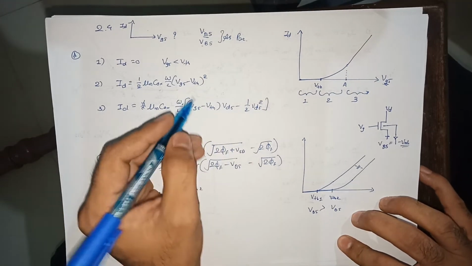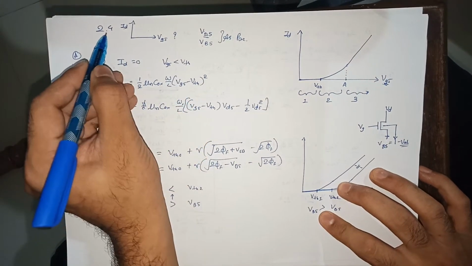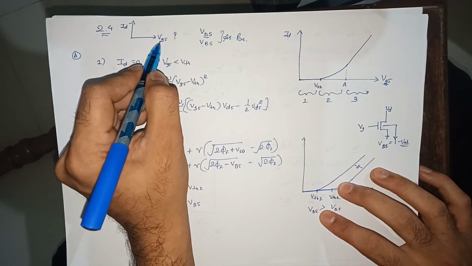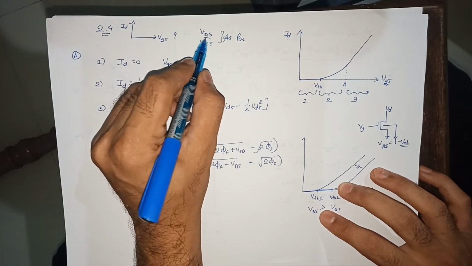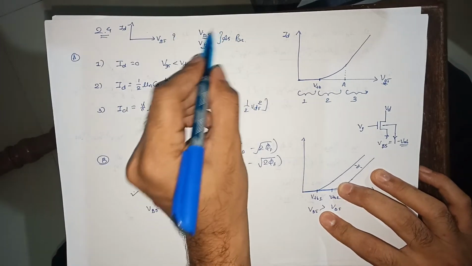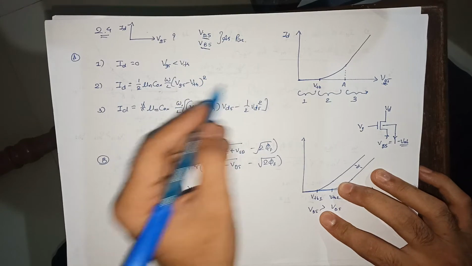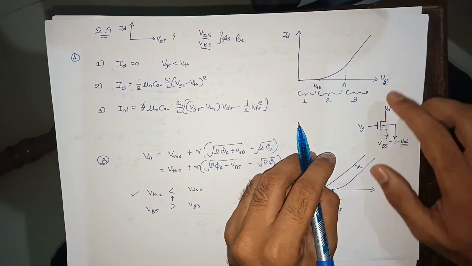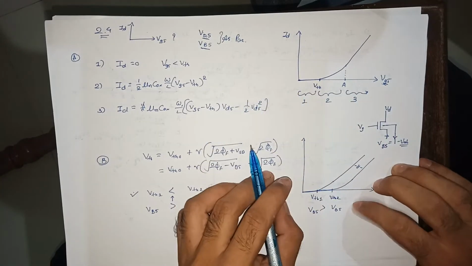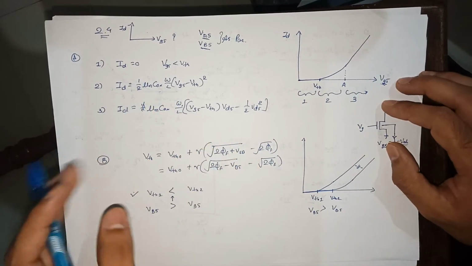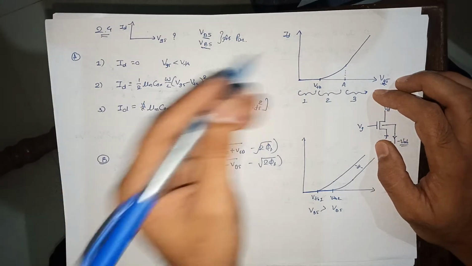Okay, we will quickly discuss the solution of 2.4, in which we were asked to draw ID versus VGS with VDS as a parameter and VBS as a parameter. Before going into any parameter, we are not changing anything. We are just changing VGS and ID. We are seeing ID by changing only VGS, and we'll see how the graph looks. I already drew this to make a very quick video, but you will enjoy this, no issue.